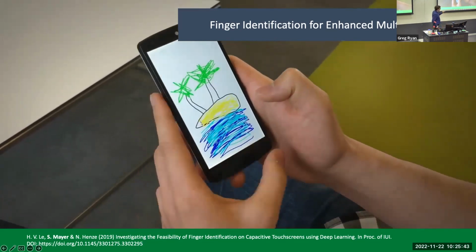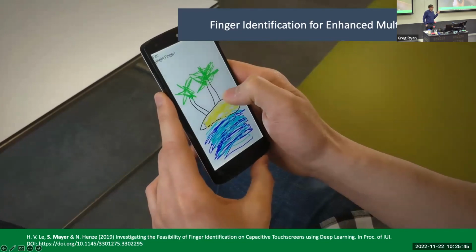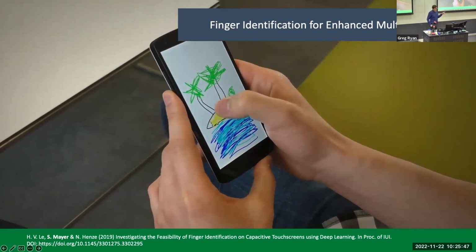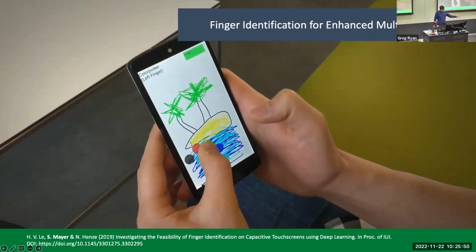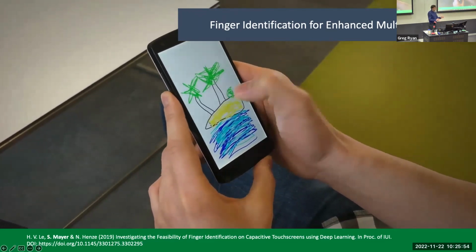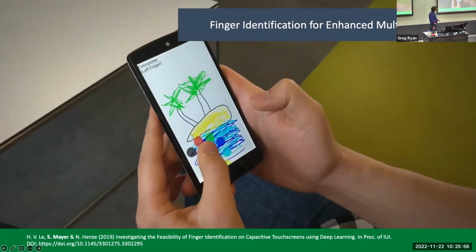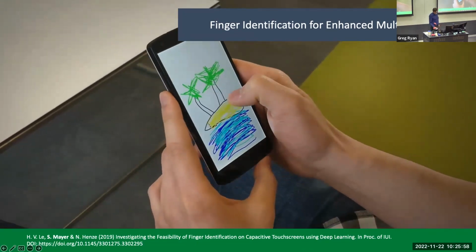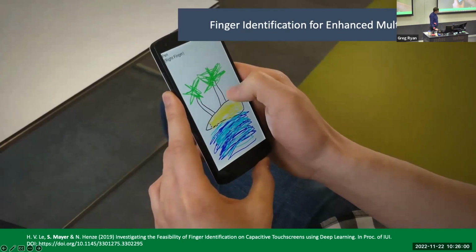That seems reasonable. But then we have this other finger, and the other finger can pop up the context menu. So there's this one side, okay, we need to detect that, and that's possible, that's cool, so we can understand, but then we also look at what can we actually open with this? Can we open new possibilities